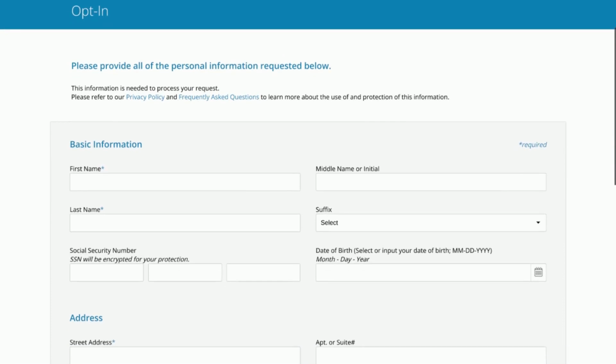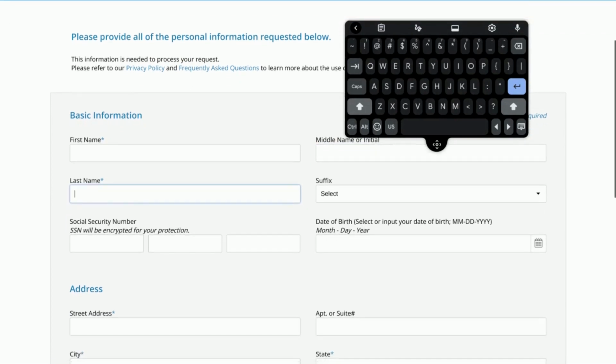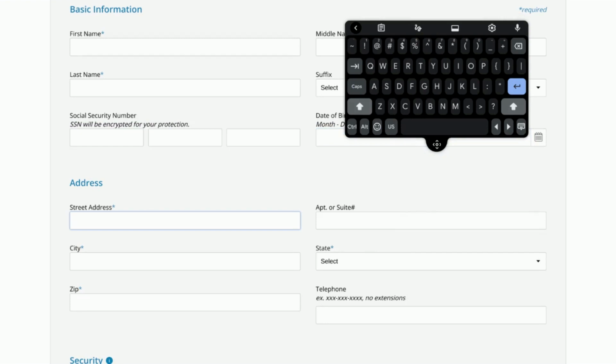Now you want to put your first name in. If you have a middle name or middle initial, go ahead and put that in. Put your last name in here. Social security number, you want to put that here. Your date of birth, you want to put that here. Go ahead and make sure everything is correct, and then put that same address that's on Equifax,